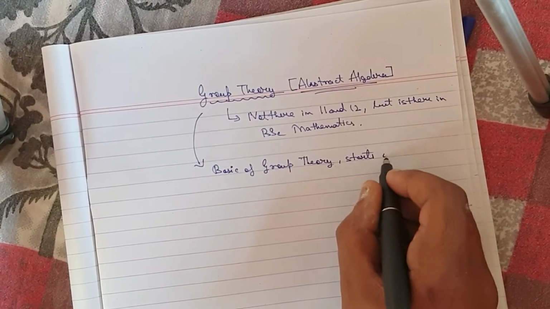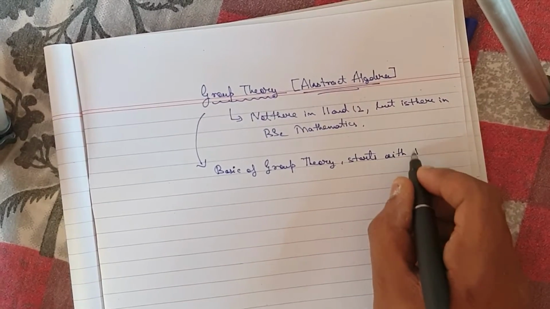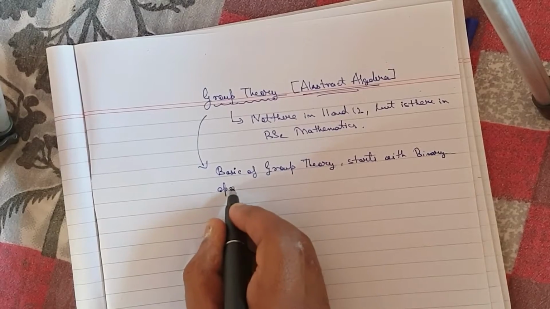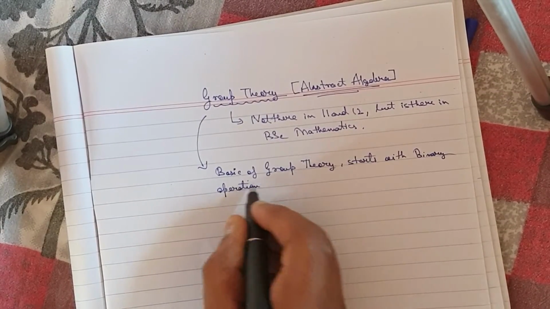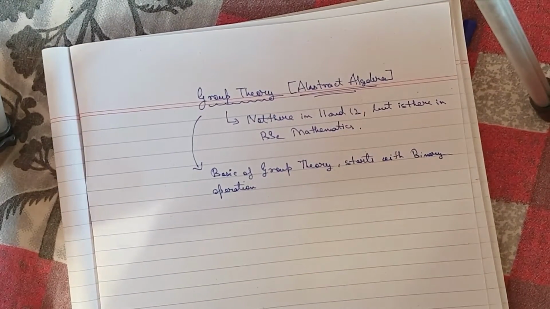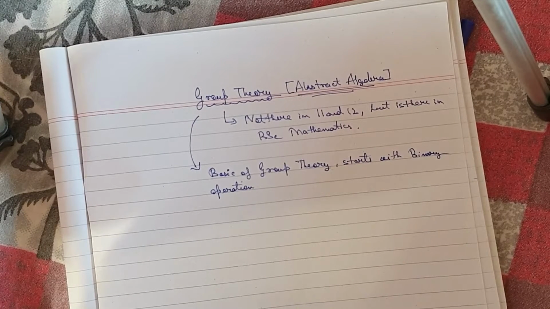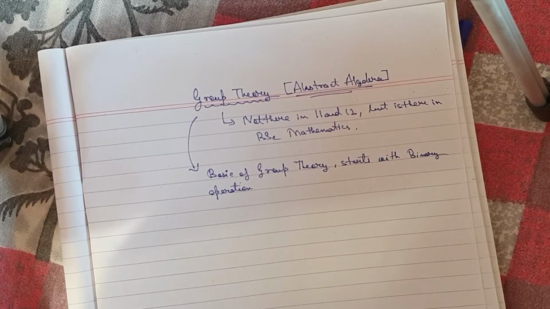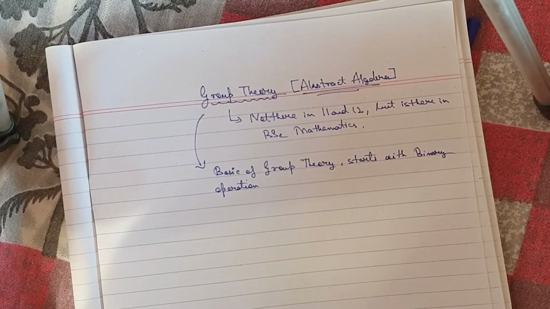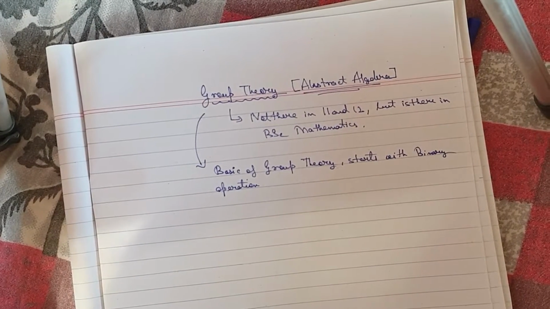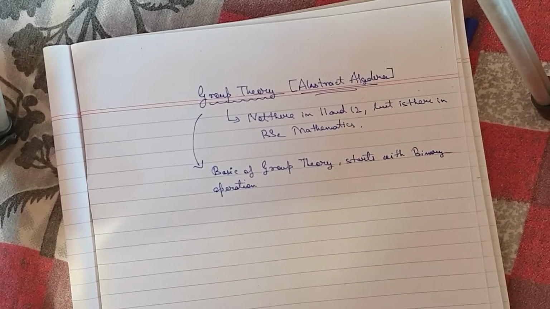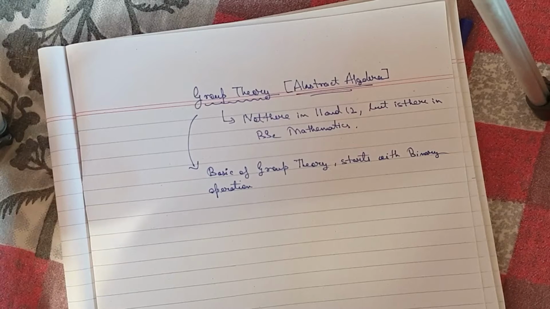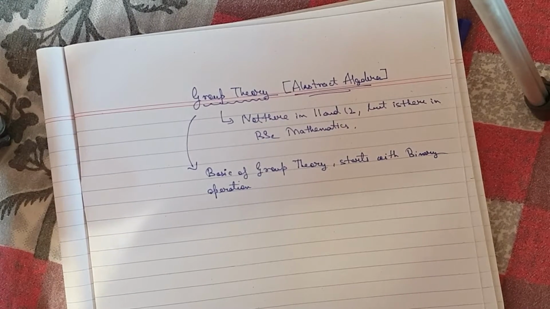starts with binary operations, right, which was there in class 12, I guess, which was there in the starting of class 12. Okay, in the chapter relations and functions we had the chapter called binary operations, which students of class 12 easily neglect because they think it is of no importance, but I assure you it is of very much importance when you will be studying mathematics in your college days.